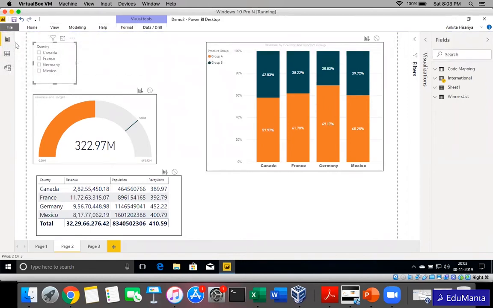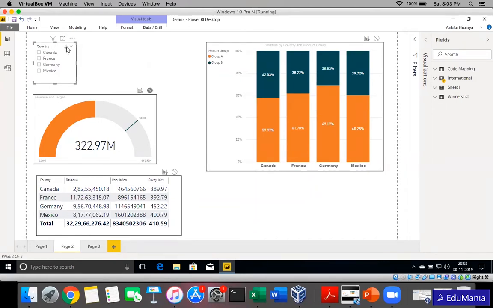Just select this one. Now you notice a change: these small icons come up on top of every visual on the page. Right now this is for filter and this is none. Everywhere the filter is selected, which means whatever happens in the slicer will filter these three visuals. Suppose I select none for this one.